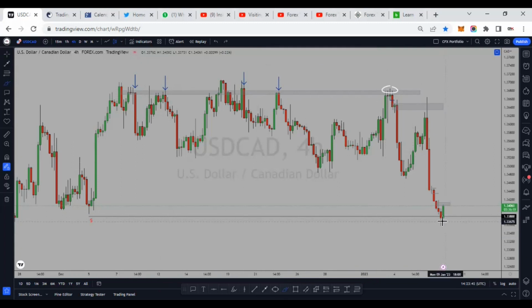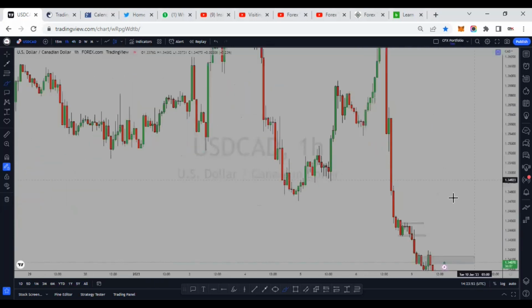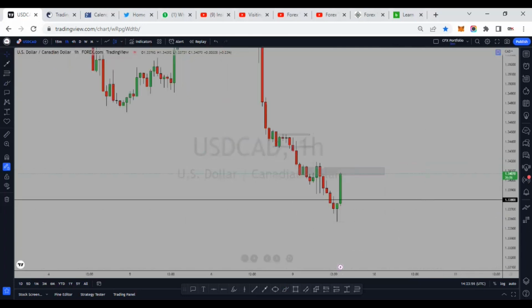So yes, at this point, I expect USD CAD to go up. We've seen the presence of buyers around this level, but I'm not done. I have to go to the 1 hour, and on the 1 hour, even though the market is pushing up, you can see that I've marked this level. This is a clear supply zone which can push the market down again. It does not mean that I'm going to execute a sell, because I don't want any sells on USD CAD as of now, because the market could only come to this level to gather more liquidity.